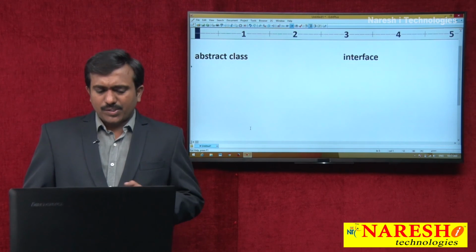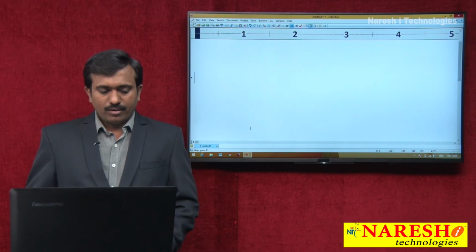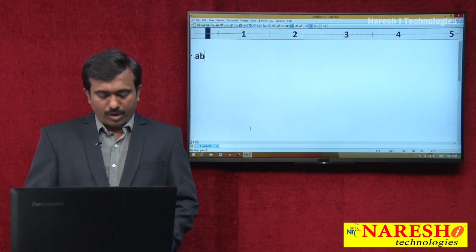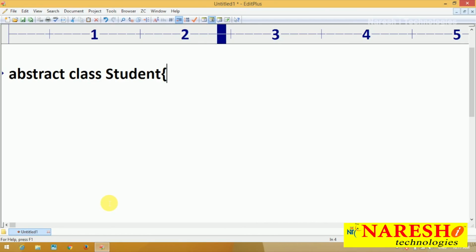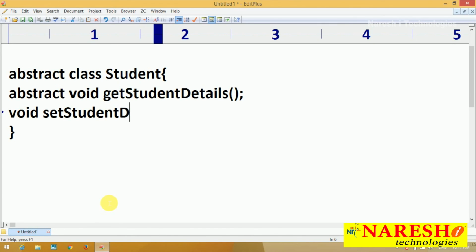Okay, what is an abstract method and a concrete method? For example, abstract class Student, abstract void getStudentDetails, void setStudentDetails.